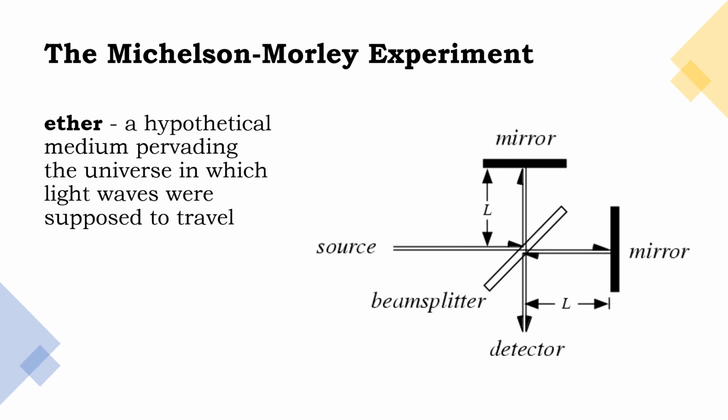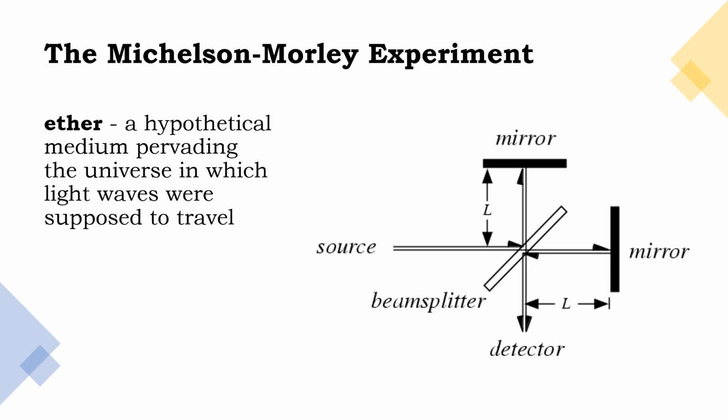The Michelson-Morley experiment, which uses light beams and a half-silvered mirror, was an effort to detect motion of the Earth relative to the ether. The results of the experiment show that no matter which direction the beams of light were aimed, they always bounce back at exactly the same instant.